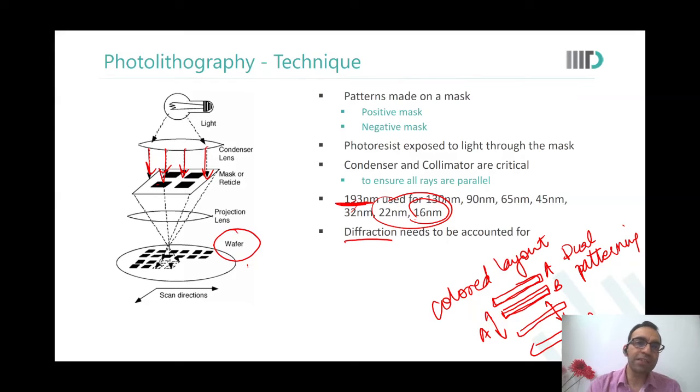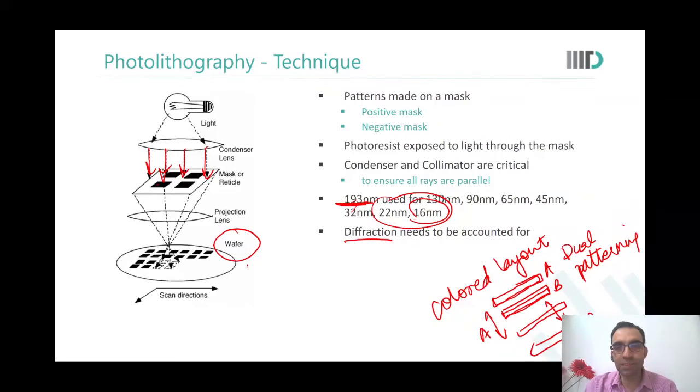Okay. Faisal, you had a question? In this 193 nanometer technology, if we want A and B to be close, that is why we are using 2 masks, because it cannot be possible with this 193 nanometer. Diffraction will not let it happen. That is why we were saying that with 13 nanometer we can have A and B closer on the same mask, and that is how we reduce the number of masks, and that is why we reduce the mask cost. Okay, now I understood, sir.